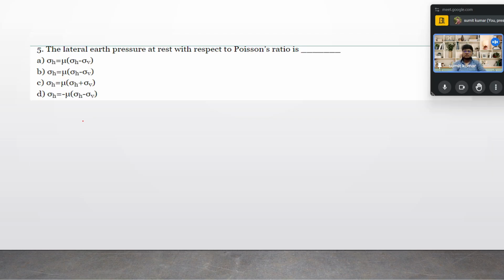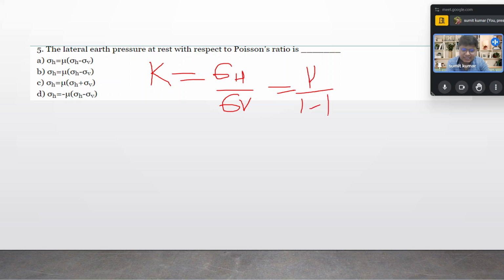Now we move to the next question over here. It is saying that the lateral earth pressure at rest with respect to Poisson ratio. So you know that the value of K is sigma h upon sigma v, and that is also mu upon 1 minus mu, right? So over here you can see the options. Okay, you have to do the calculation. So see, first of all sigma h